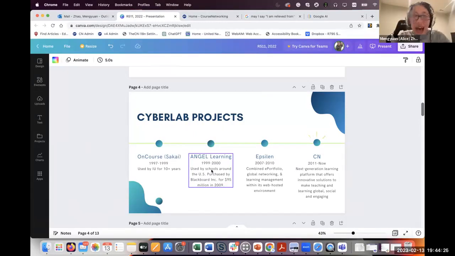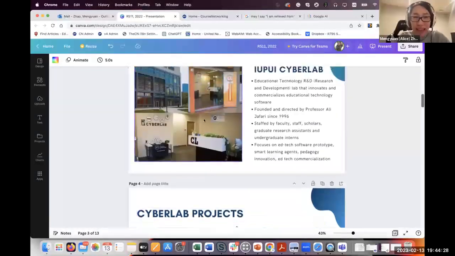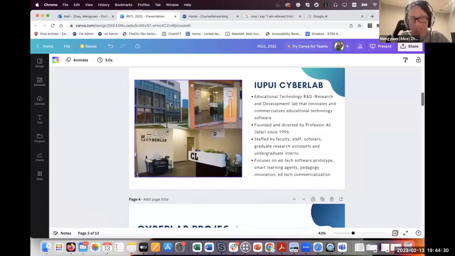And this is how our lab could have a nice location in this building on the IUPUI campus. I think about $20 million of the money from the Angel Learning project got invested in the construction of this building.